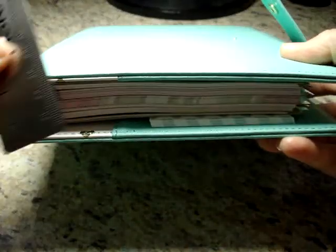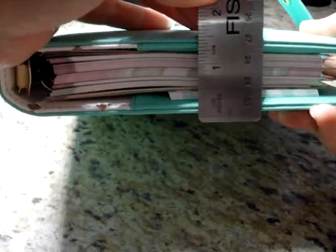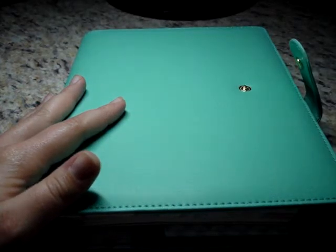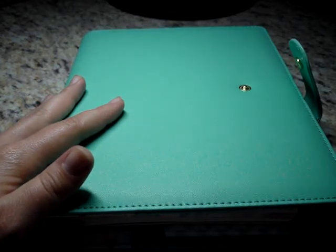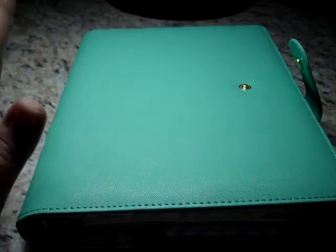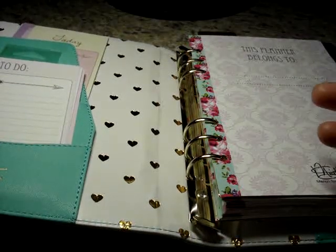And this I haven't put anything in it. I just got this yesterday. It's about 1.5 inches tall. I don't know if I would carry this with me. This would be big to carry on a daily basis, and I was kind of looking for something to carry on a daily basis. But if I had to carry it somewhere, I don't think it's too big that I could. So you open it up, and it's called the Heart of Gold Planner, and I'm a sucker for gold,